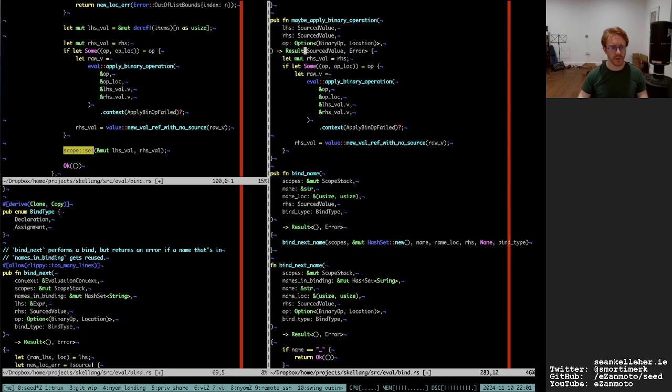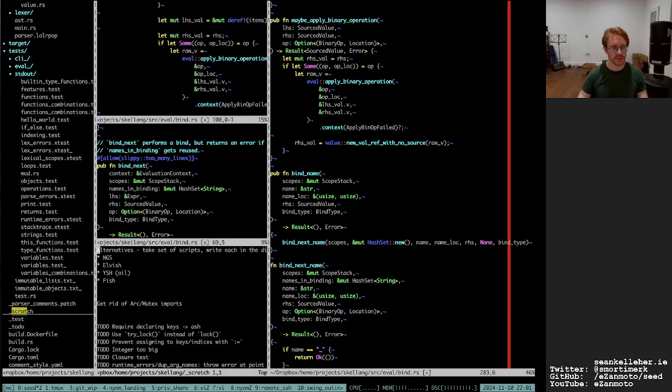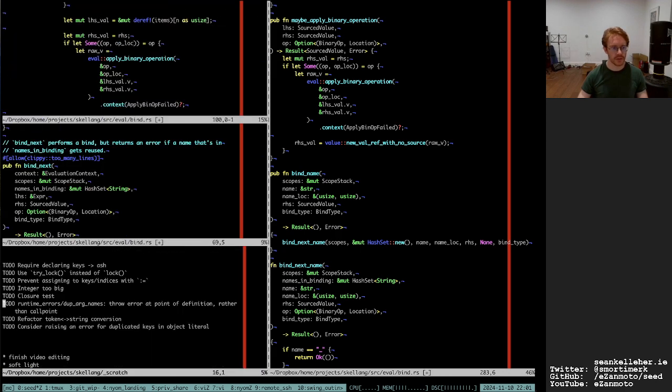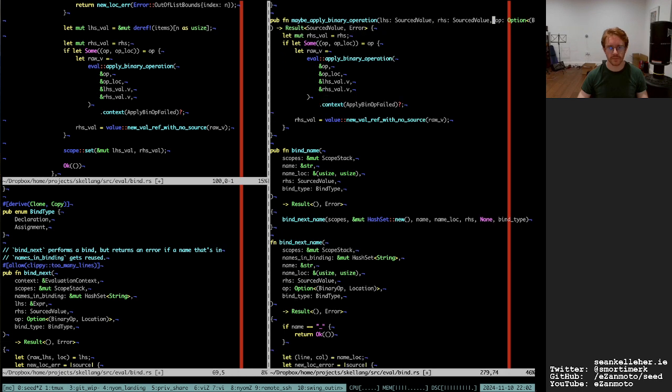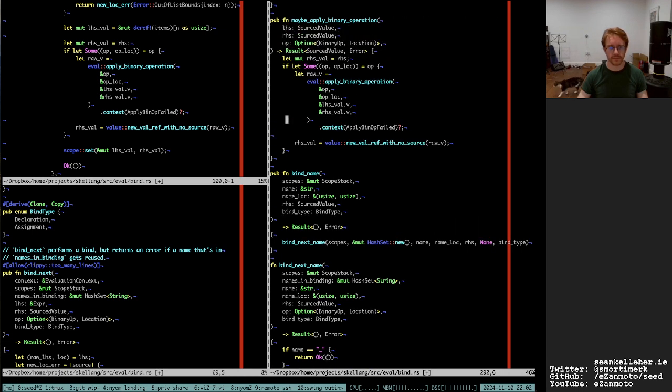I should probably introduce my own result type because I do use this custom error almost everywhere anyway. Maybe I'll put that in my Scratch file. So let's see. That's more or less